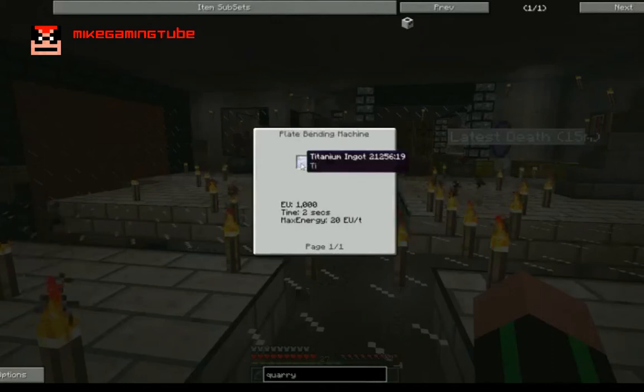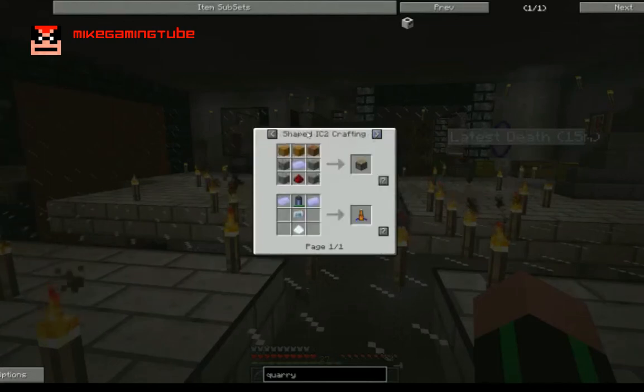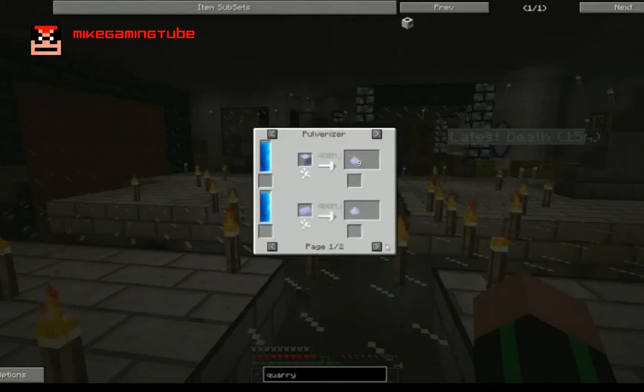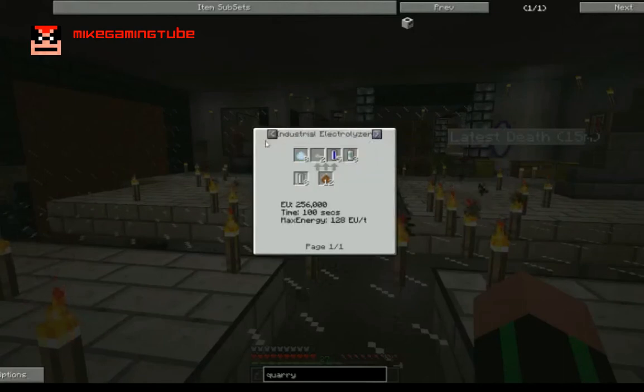Well, to get the titanium ingot, and you can use NEI, you will need a machine called, wait, okay, this, not like this, but like this. Okay, you'll need to get tiny piles of titanium. Not the polarizer, master rate, the scrap box. Where is it? How do you get tiny piles of titanium? This, okay, you'll need the industrial electrolyzer. You'll need bauxite dust, and it will, well, it will give you tiny piles of titanium, and aluminium, and, well,